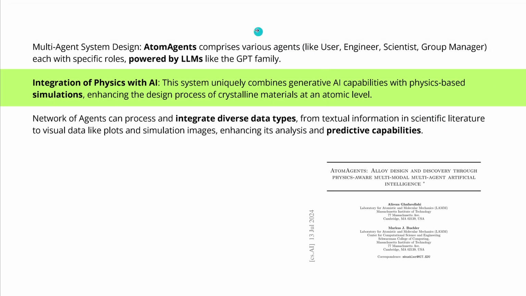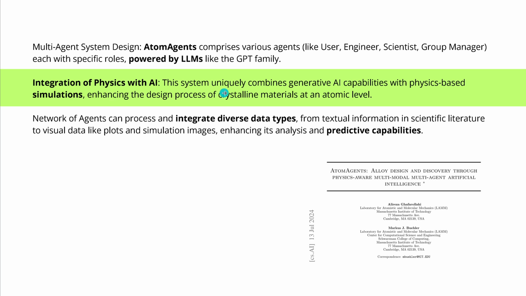So, at first, understand we have multiple agents. We will have here agents with the role of a user, with the role of an engineer, with the role of a scientist, with the role of a group manager who coordinates all those agents. And each agent is, of course, here powered by a very powerful LLM or a vision language model from the GPT family from OpenAI. Then we will integrate here access to all our physics, to all our mathematical simulation Python